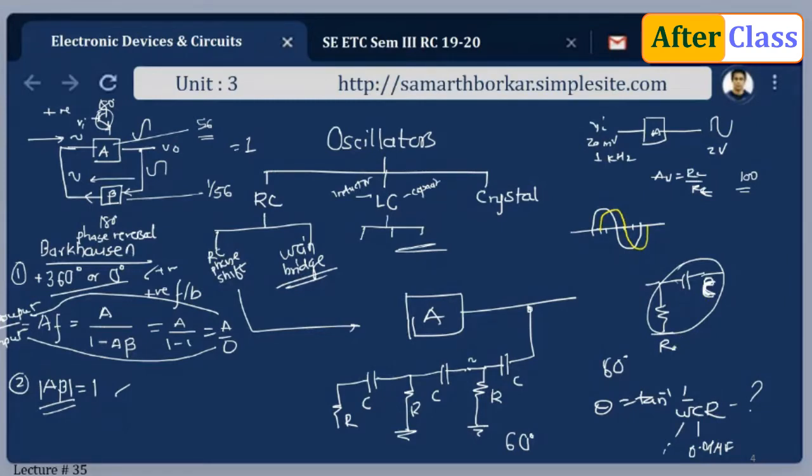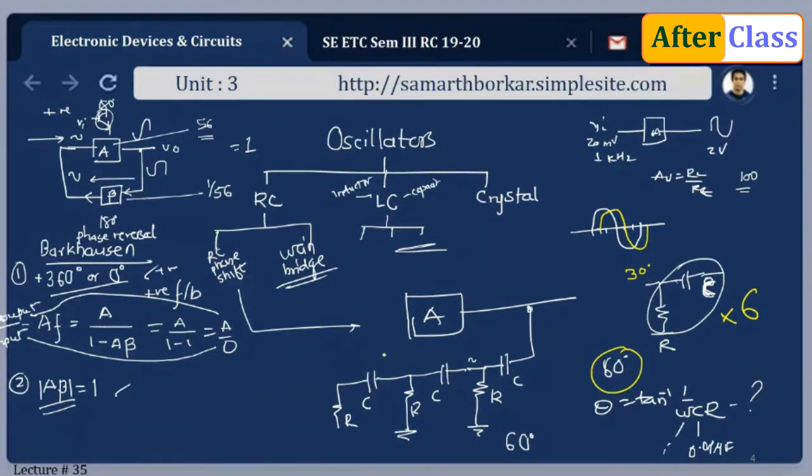Now if I select the value of R and C in such a way that I'm getting a phase shift of just 30 degrees, then I require a total of 6 such sections. If I select 60, I require 3 such sections. So it is not a necessary condition that I always have to stick with 3. It all depends upon the value of C and R. In the textbook it says you have to have 3 sections. No, it is not that way. It depends upon the value of R and C.